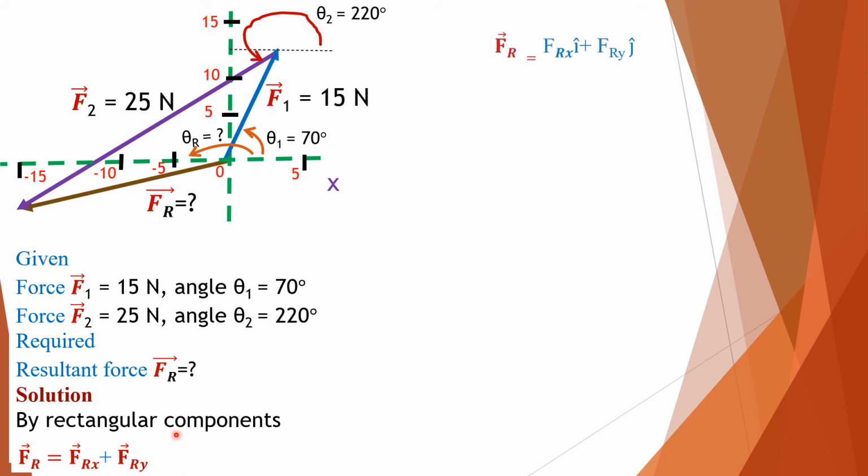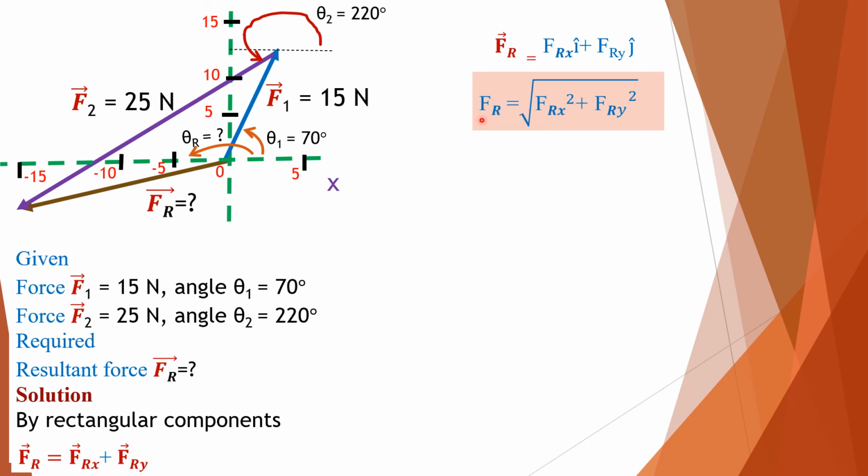Vector Frx can be written as magnitude of vector Frx into unit vector i cap along x-axis, and vector